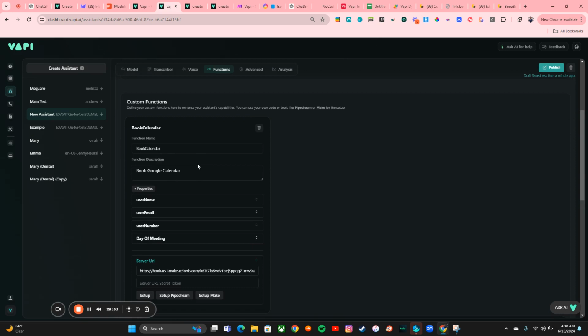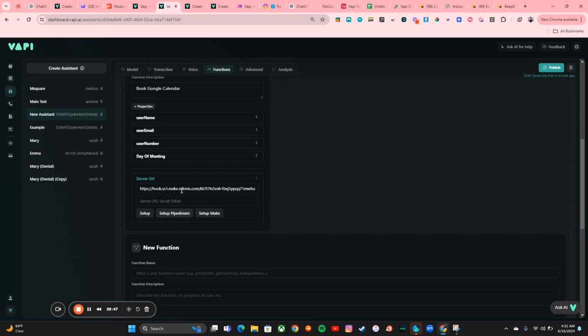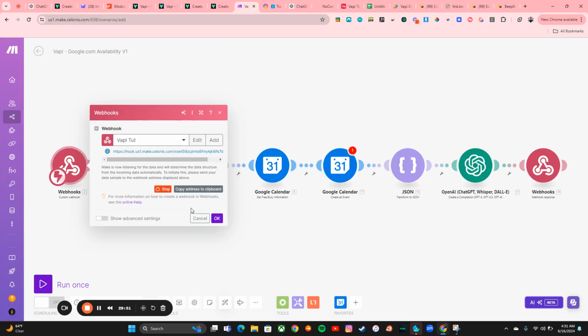Everything needs parameters, right? Basically, in order to book a calendar, what do you need? You need the person's name, you need the person's email, you need the person's phone number. You probably need the day of the meeting as well, right? This is the information that's going to make this function, right, to the API call, which is basically the Google Calendar. Right now, I had a webhook here already before, but what I'm going to do is take this webhook here so I can send information to this, and then you're going to literally see me build this